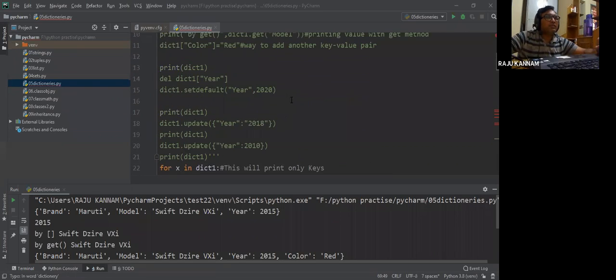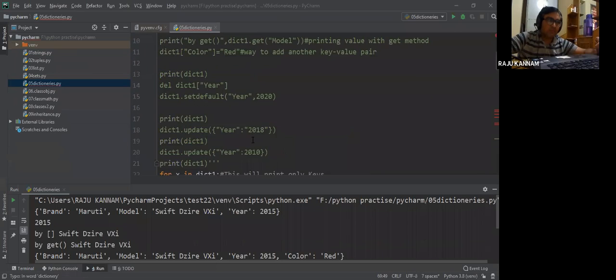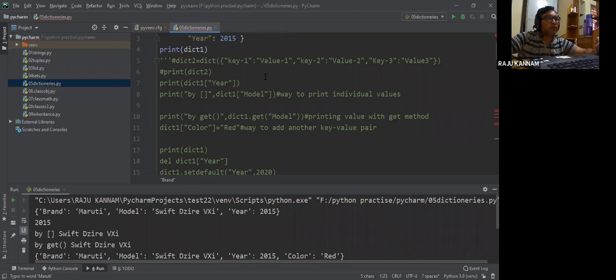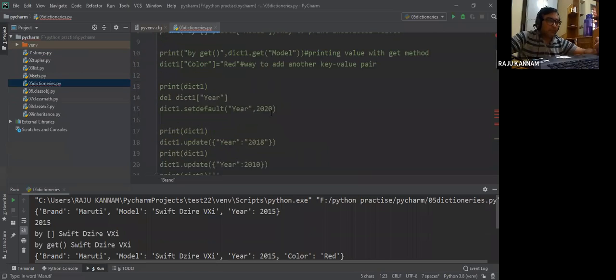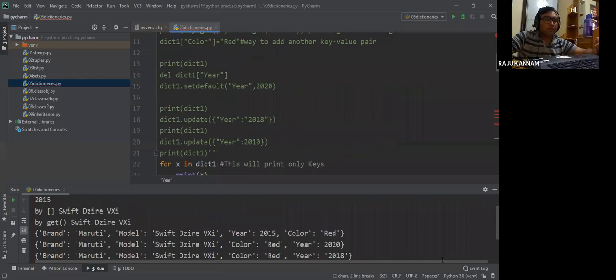Okay. Yesterday we were discussing dictionaries, right? A dictionary is nothing but a key value pair, so we have to give the key as well as its value. Yesterday we created one dictionary called dict1, where we saved 3 elements. All the 3 elements have a key and its value. Now we'll work some more on this.